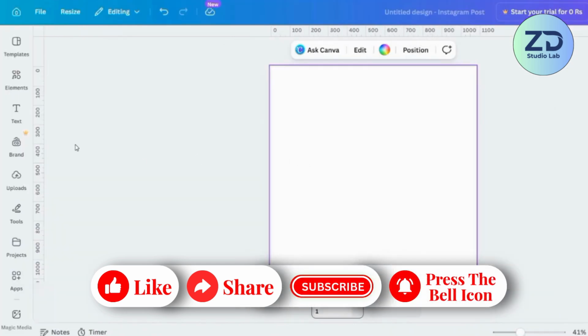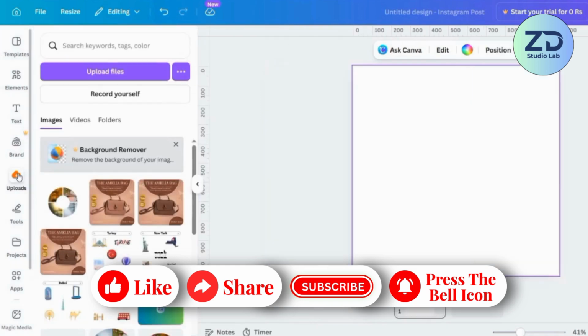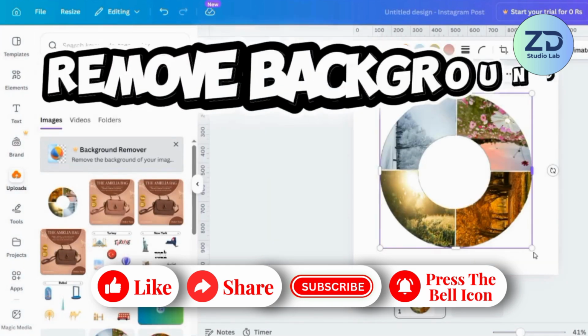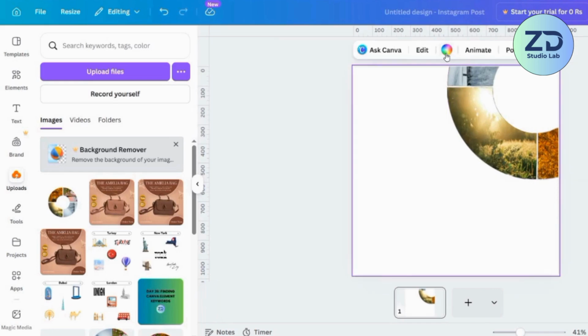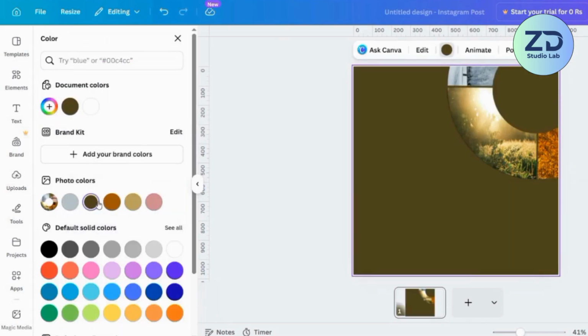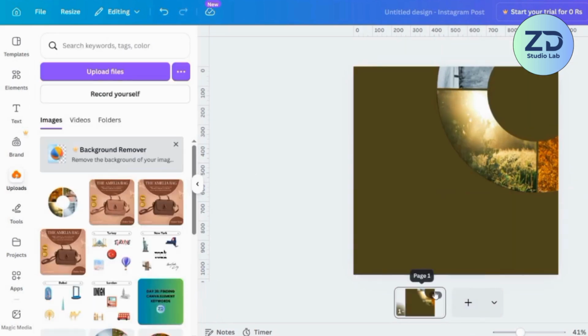Now I take a new canvas and go to the upload section and upload the image, remove the background and place it in the corner. Now I change the background color. Now I take a duplicate